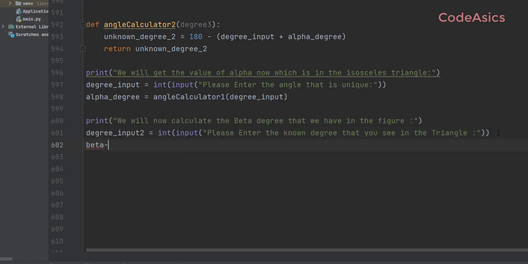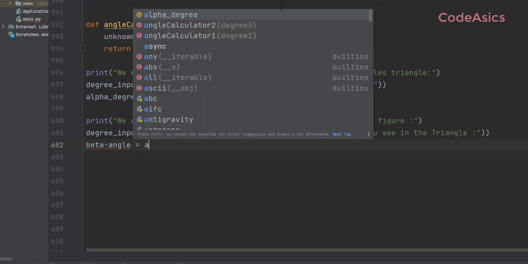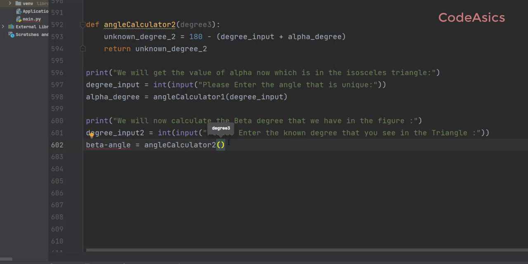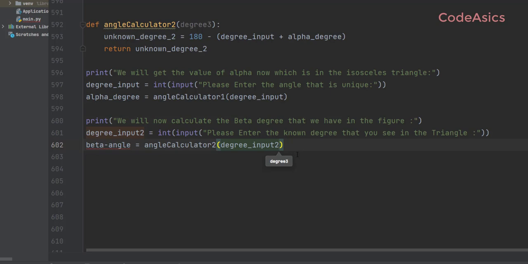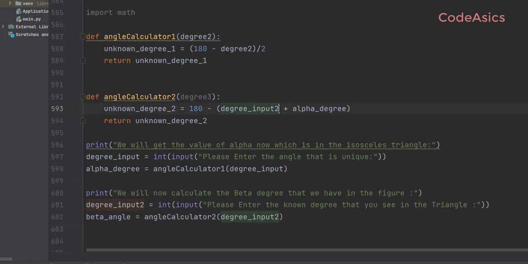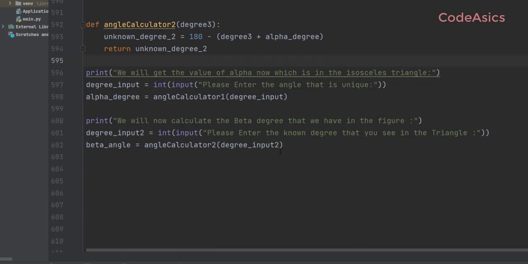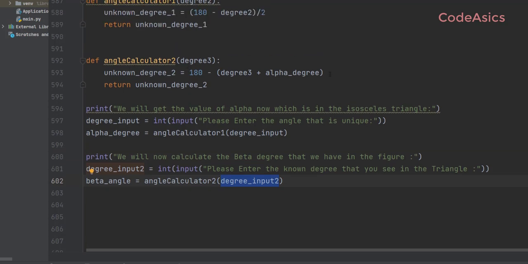That is got, and that's a beta angle, right? So beta underscore angle is equal to, I need to call this angle calculator function. So angle calculator 2 is called, and the degree has to be sent in. So degree input is sent in. You can just place degree 3 there. Whatever information you're getting, you're passing as a parameter and calling the function,